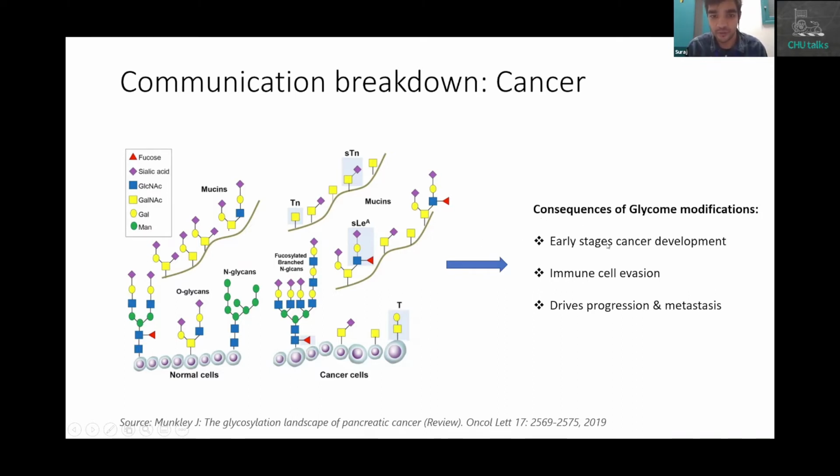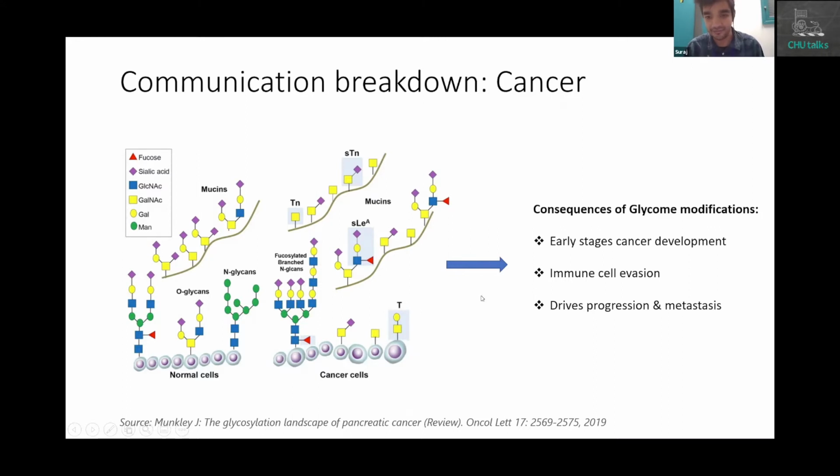So this leads to the development of cancer in itself. So it leads to the early development of cancer. As a normal cell transitions towards cancer, you can see these glycoproteomic changes happening. You can also see that these cancer cells are now able to evade immune response. An immune cell cannot distinguish between a cancer cell and a normal cell because of these modified sugars present on